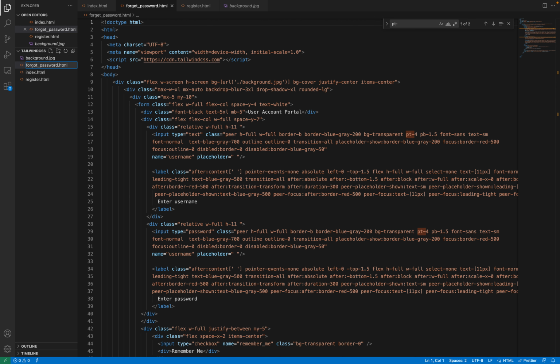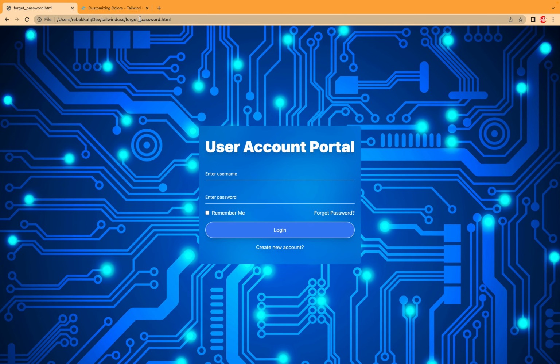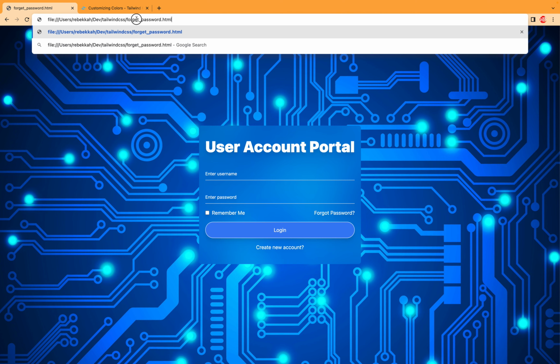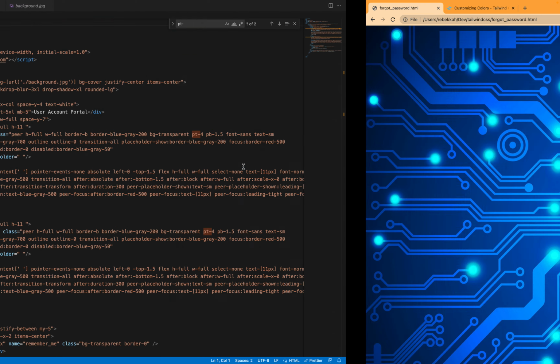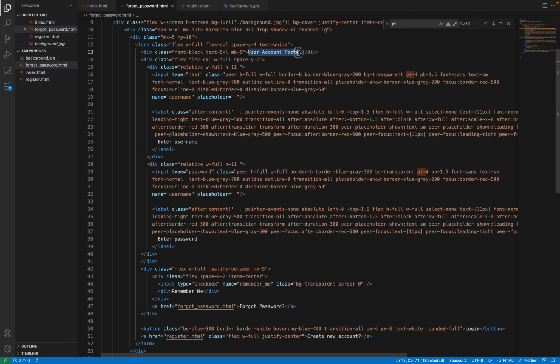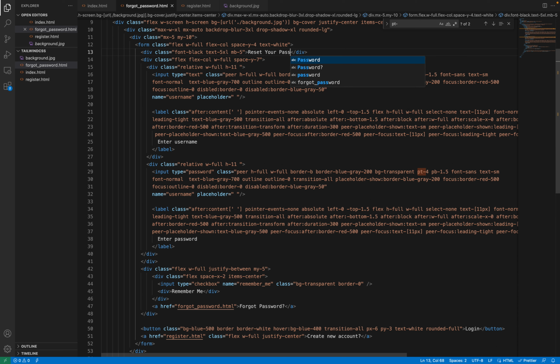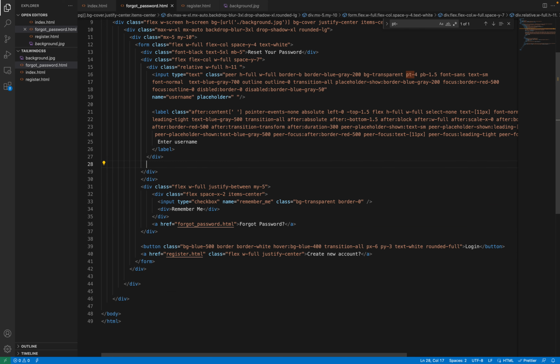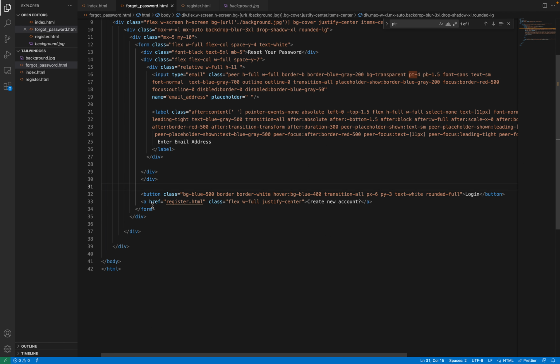Okay, and now let's change here to reset your password. Then we don't need the password here, so we make it enter email address. Then we change the name to email address, then the type to email. So we don't need these two. Okay, then